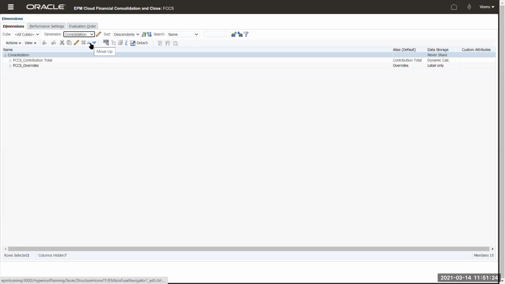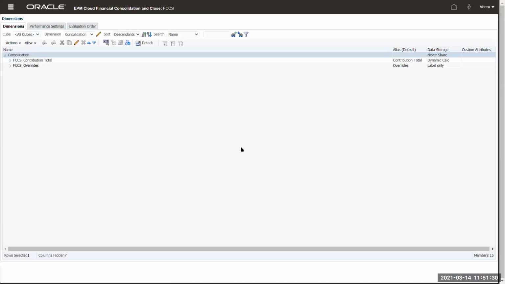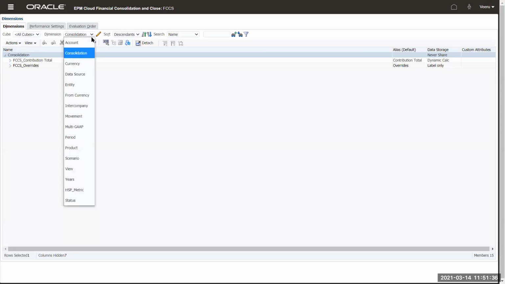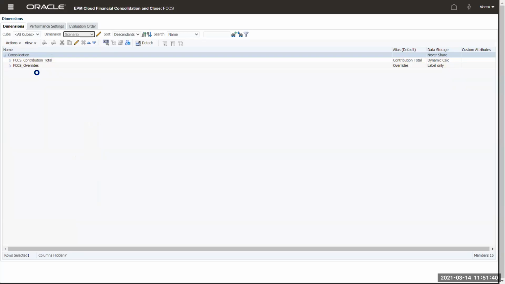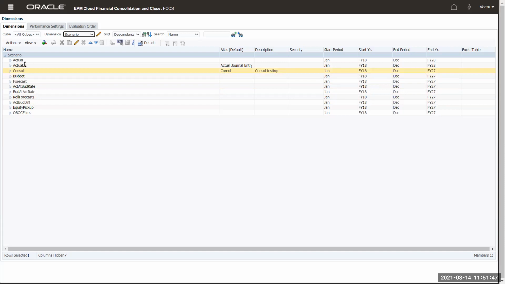You can also apply security for other dimensions, like for example, consolidation. Consolidation is not part of this one. We can apply security there also, but it's not useful anywhere. The only dimensions that are useful are scenario, entity, account, and data source. Scenario, as usually everybody knows, right? We'll talk about one by one. Scenarios, there are different scenarios. You can actually create as many scenarios as you want, and then you want security to be assigned at a scenario level.